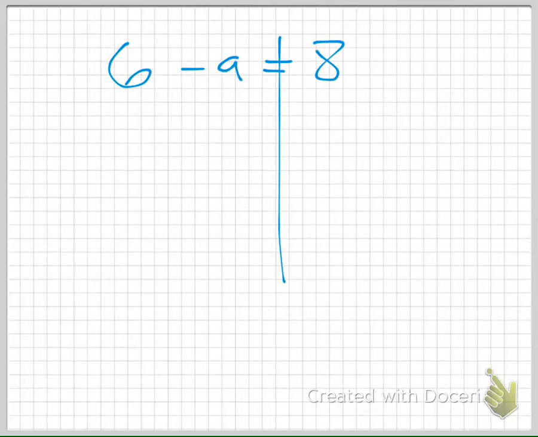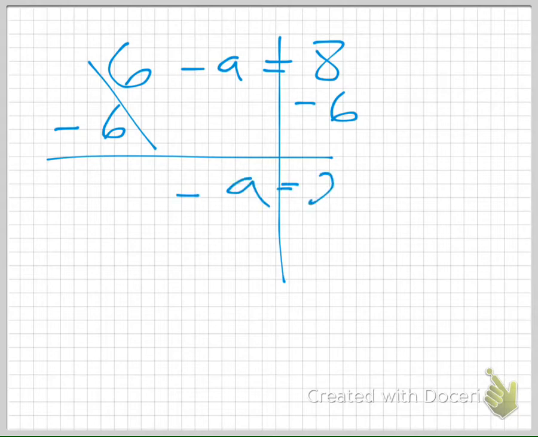Subtracting. It is not subtracting him. Look here. This is important. That's 6. Is that a negative 6? No. Isn't that a positive 6? Yes. How do I get rid of that positive 6? Right? That's important. This negative has nothing to do with that 6. This negative has to do with the a. Agreed? Does that make sense? So I need to go minus 6,